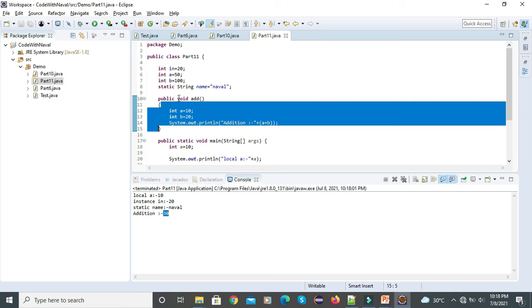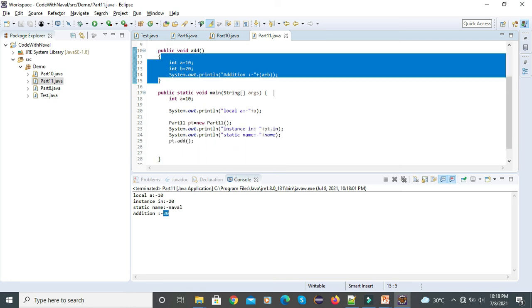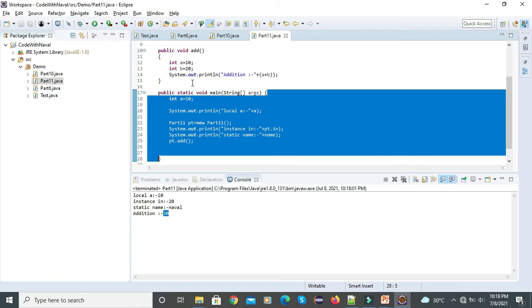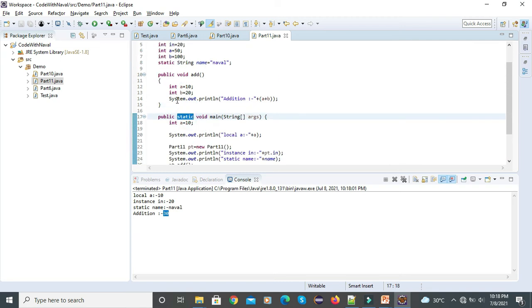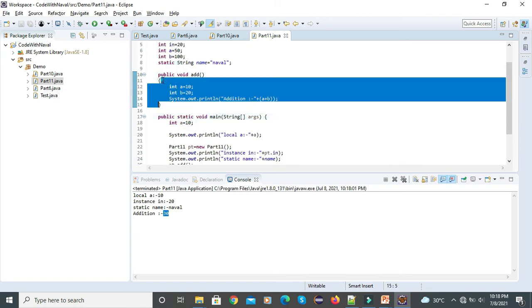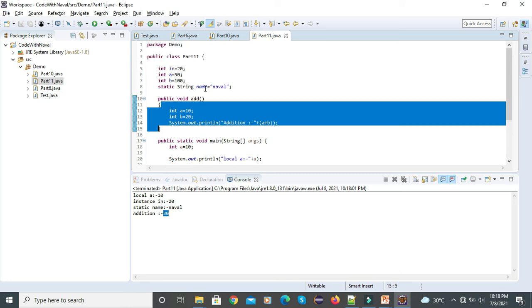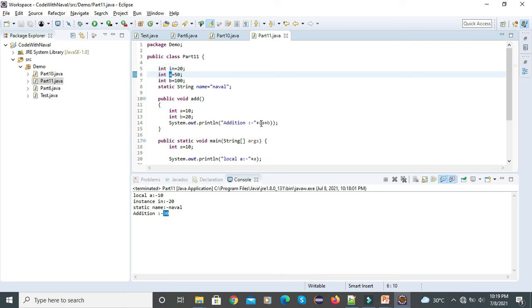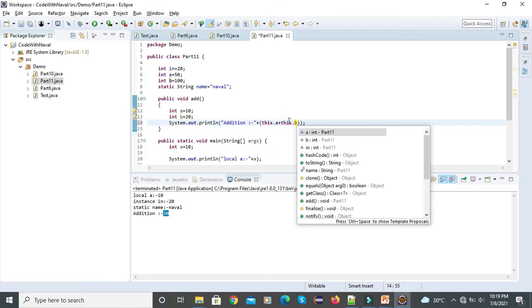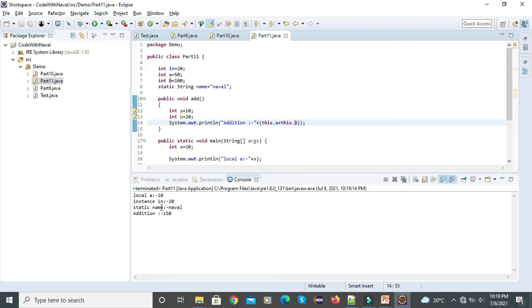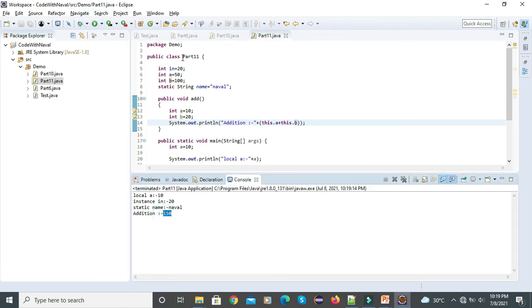This is not a static method, this is an instance method, and the main method is a static method. You can see here we use static, here we don't use static. That means this is the instance area. So here we can access this instance variable a and b. Simply here we can use this dot a and this dot b. Let's save this, run this. You can see here we got 150. Here 50 plus 100, 150.